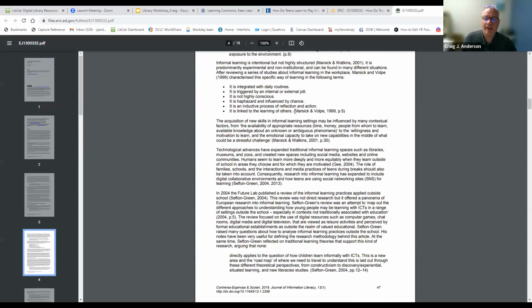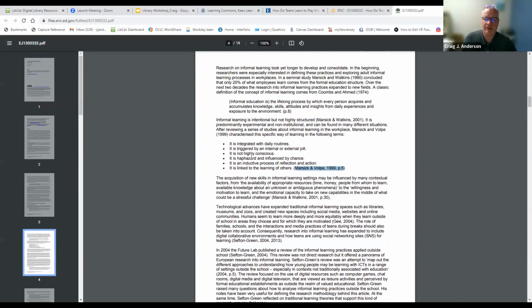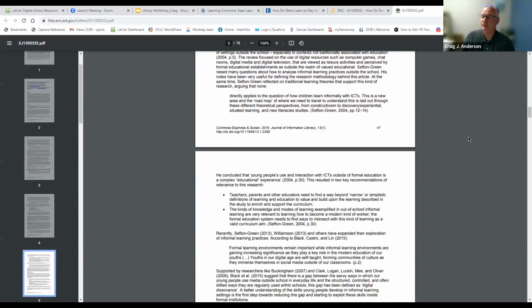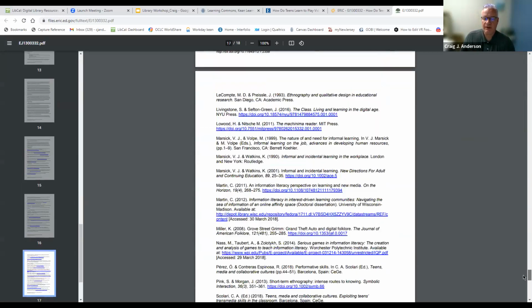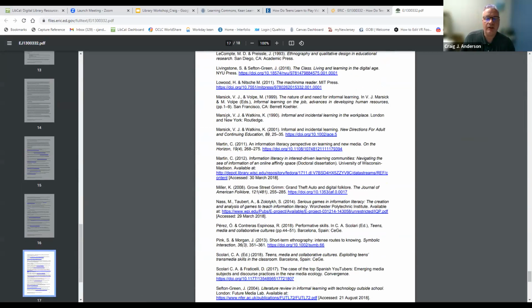And I'm thinking, oh, I'm really curious to find this article because they're talking about all of these things from this article by Marsick and Volpe. And that article sounds really great. So I go down to the references page, and Marsick and Volpe is this one from 1999.